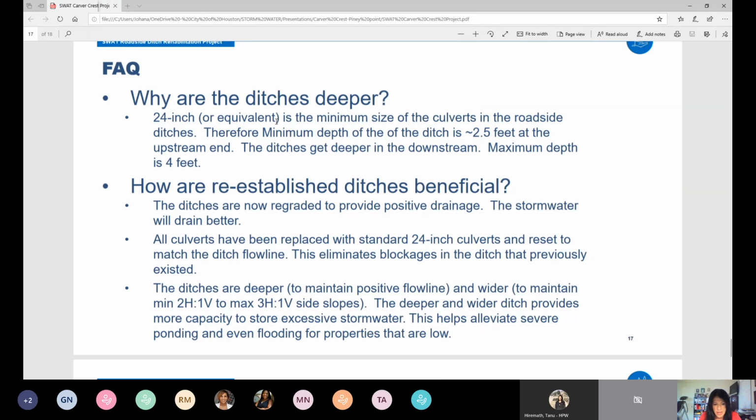had. Now the ditches are deeper to be able to maintain that positive flow line and wider to be sure that we have the standard slopes. We typically go between 2 and 1, which means for every foot that you go vertically, you go 2 horizontal. That's what this means. And we don't exceed the 3-to-1 side slopes, which is the case in most of the